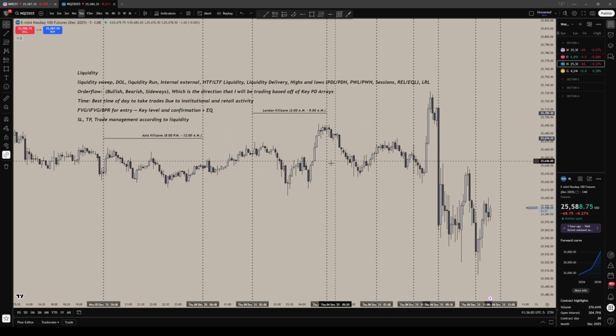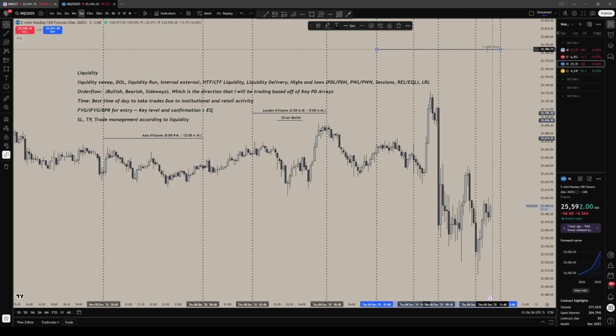You can see there's more volume, price moves more usually, and in between these times you have from 3 to 4 the London silver bullet, where if you're trading, let's say on the 1 minute, 2 minute, during this time specifically there will be the biggest moves. Between 5 and 7 is pretty dead, and then you have 7 until 12, which is overall